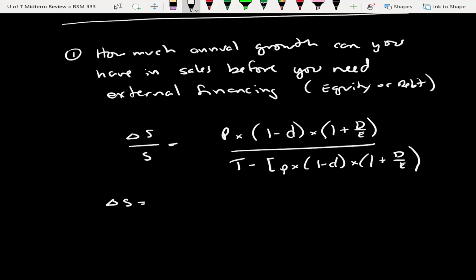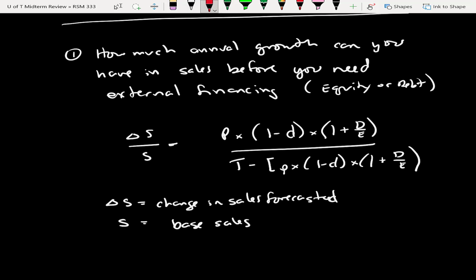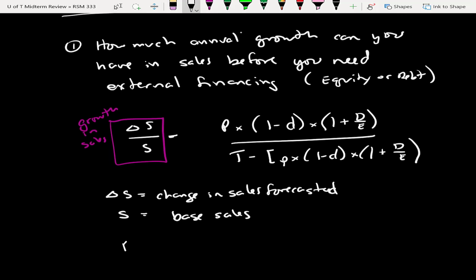So delta sales is the change in sales forecasted. Okay, where S is the starting sales or the base sales number. Okay, so essentially another way of saying this is that this formula here is the growth in sales. So the maximum growth you can take in sales is going to be calculated by this formula, where